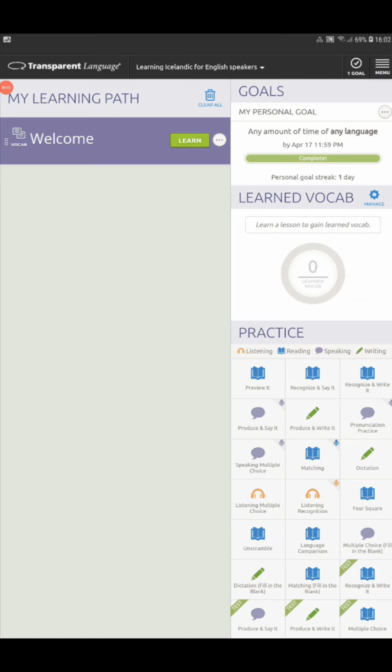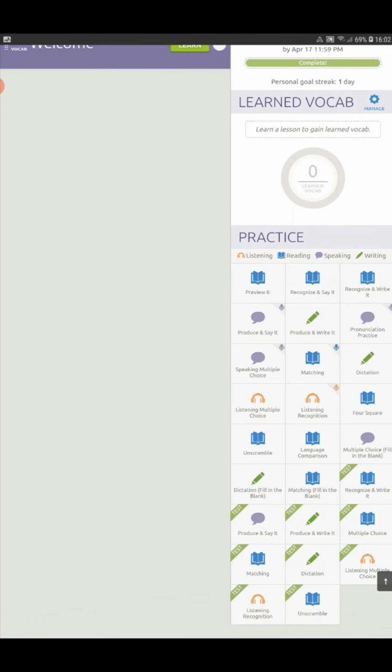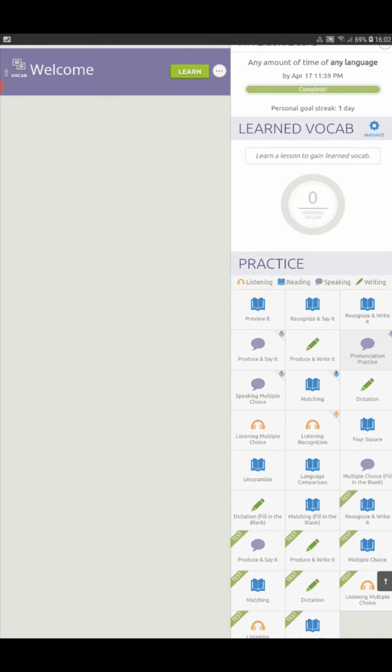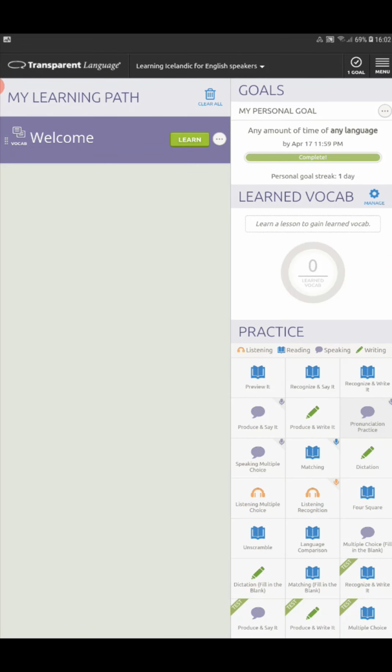And I'm logged in, and it brings up the language that I've selected to learn, which was Icelandic. So you can see on the left hand side my learning path. The first lesson is a welcome lesson. On the right there's goals, learn vocabulary and practice tasks that are differentiated by listening, reading, speaking and writing, and you can see the different symbols that signify those. So I'll just give you a quick little look at what a lesson looks like. So if we go into welcome and learn,